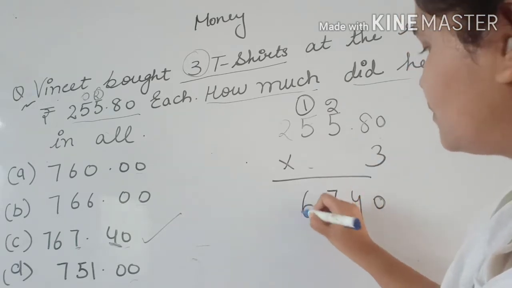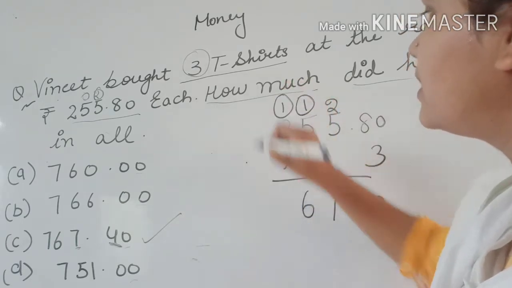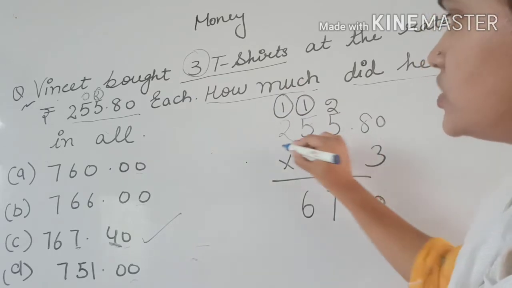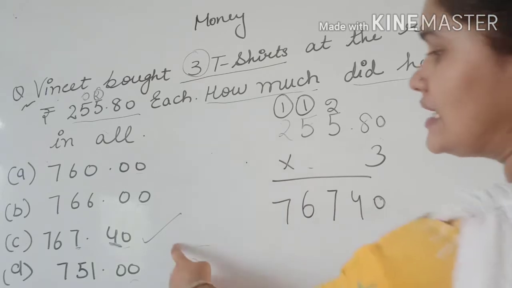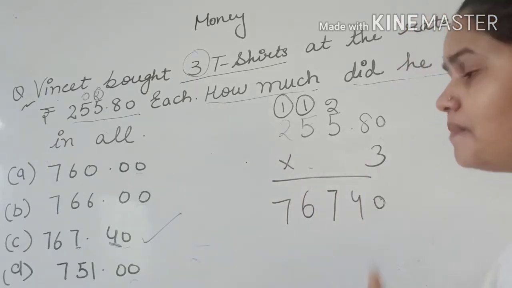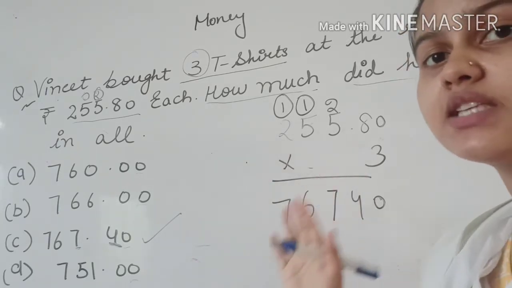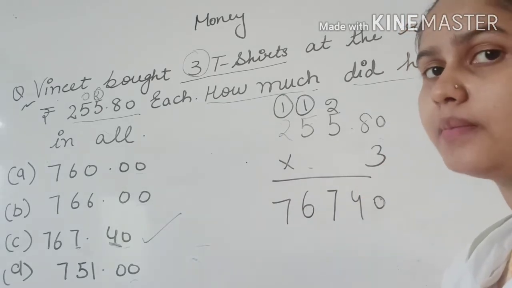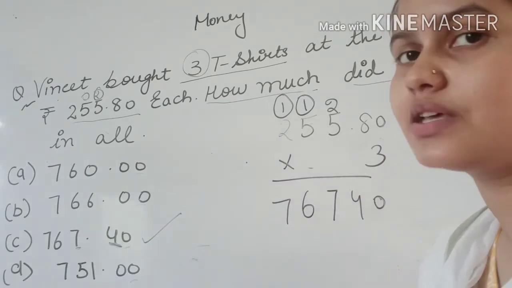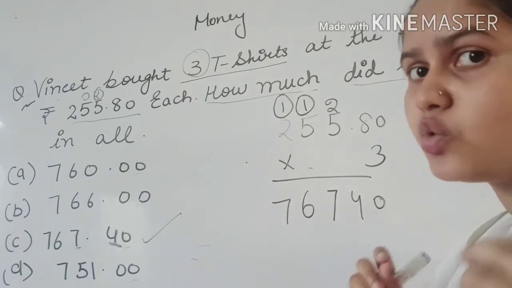3 times 5 is 15 and 1 carry becomes 16, 6 will be here, 1 goes to the other number as a carry. 3 times 2 is 6, 6 and 1 is 7. So simply you can see our answer is correct. Okay, and how do we guess about it? We guess with the last 2-digit number, right? With the last 2-digit number, you can guess your answer very easily. This one is your quick method.